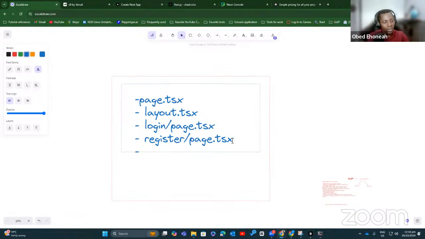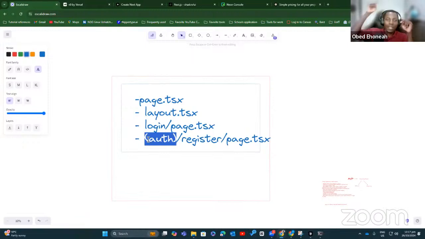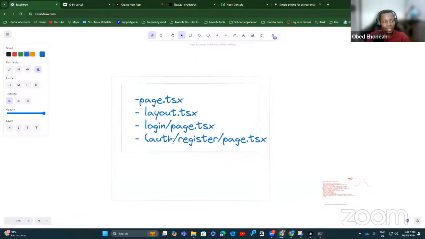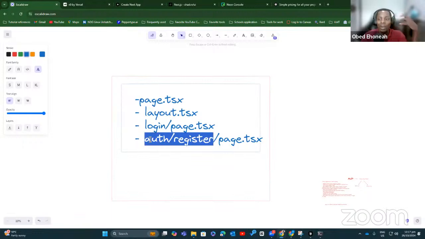I can use this symbol, the parentheses. So I could do (auth)/register/page.tsx. You don't want to have these two here because there will be a conflict in your routing. But because I have put this in parentheses, when you are writing the URL, you don't need to put auth there. If I didn't add the parentheses and I left it as this, it means that when you're writing a URL, it has to be staffscheduler.com/auth/register. The page.tsx will not come, but this will be your route. So that's how the App Router works.